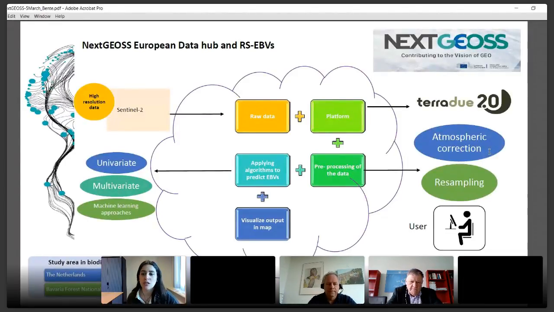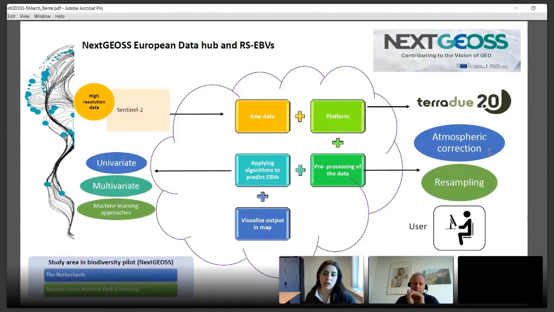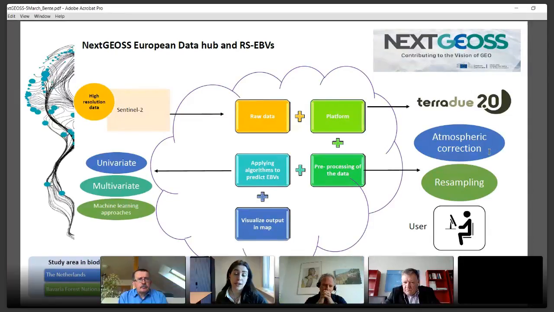Sometimes you don't need to do atmospheric correction in some Sentinel-2 data, but in case you need it, we added the algorithm in the cloud to do the atmospheric correction. Since the Sentinel-2 data resolution is different band by band, we do the resampling in the cloud as well, and depending on which variable we are going to retrieve or predict,